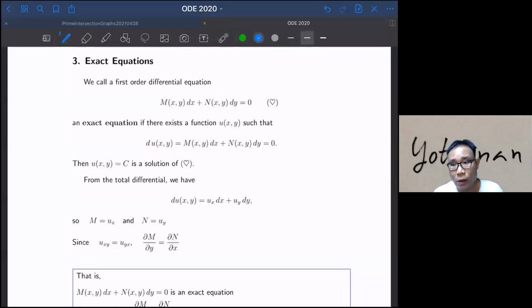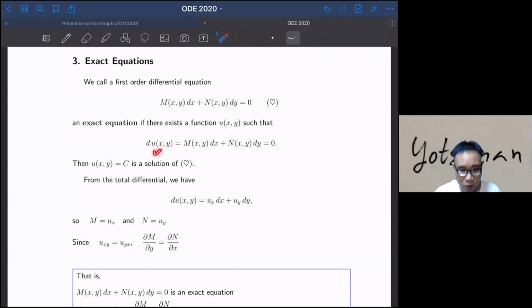In this video, we're gonna talk about the third kind of differential equation that we have. The third kind is gonna be the exact equation. The exact equation will be the equation of the form M(x,y) dx plus N(x,y) dy equal to 0. Okay, so this one is going to be an exact equation if you are able to find the function u(x,y) such